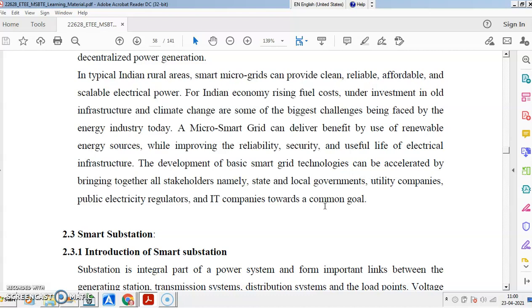And in some remote places also, you can have these microgrids. That is the option, because supplying power to those places with the conventional grid is very difficult and costly too. In the Indian economy, the fuel cost is rising, and we know that mostly because of the fuel